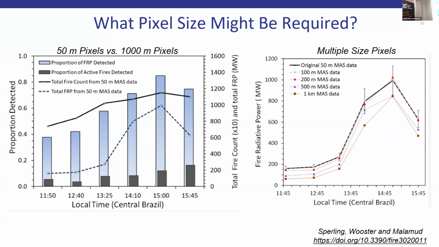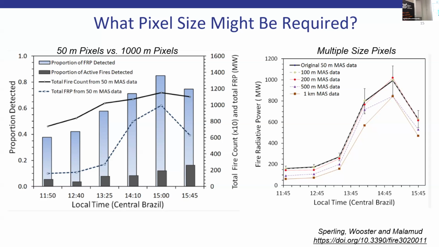And these are graphs from the paper, but broadly speaking, here are proportions. You detect very few of the fires at 1 kilometre. You detect a much higher proportion of the fire power at 1 kilometre. So this is the ratio basically of the 50-metre original observations to the 1 kilometre observations. So same thing, you basically miss most of the fires, but actually the big ones you do detect are responsible for about half of what you see. But still you're missing about half the real situation.